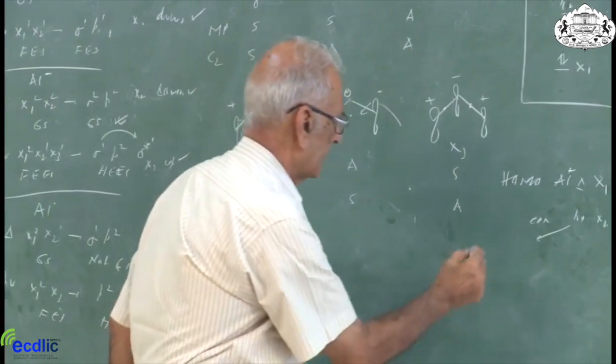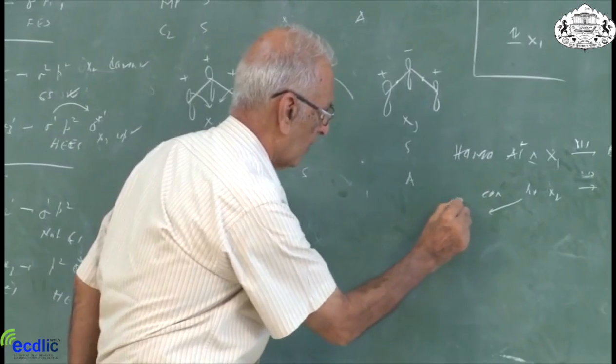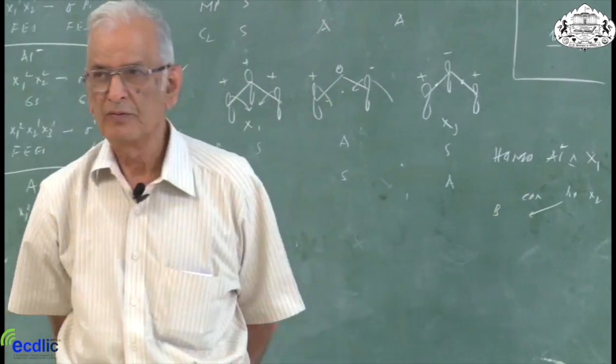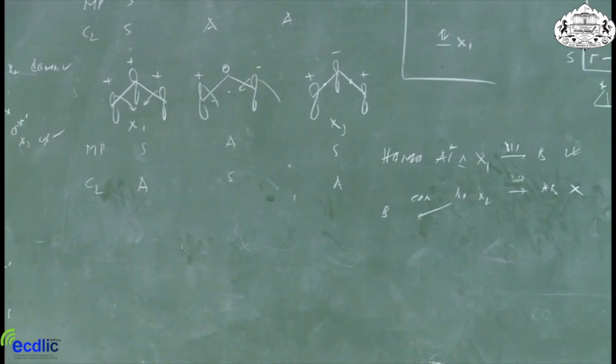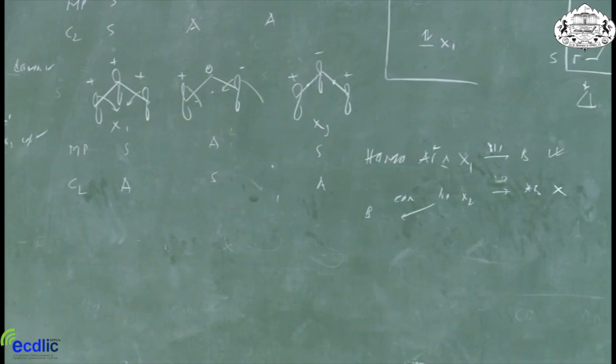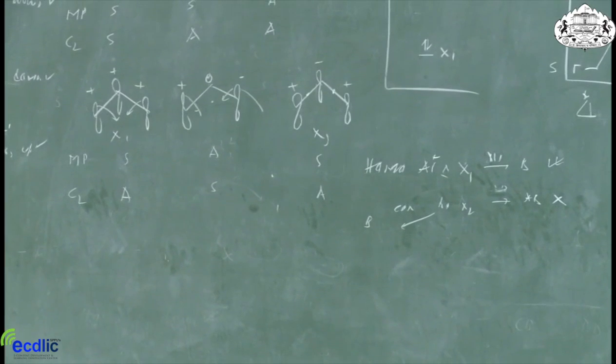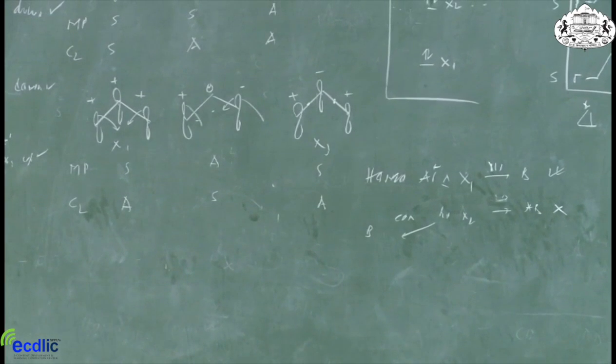So, conrotatory will give me bonding. So, photochemical, disrotatory is disallowed, photochemical, conrotatory is allowed. Allyl anion,